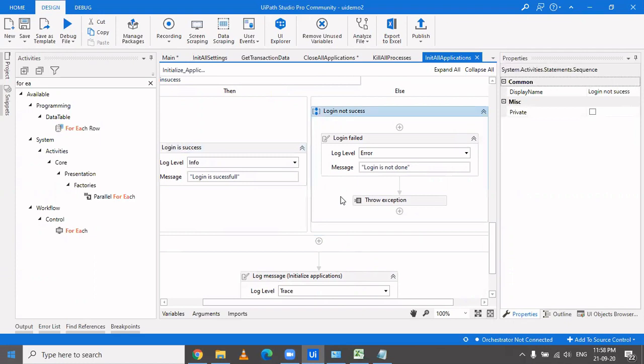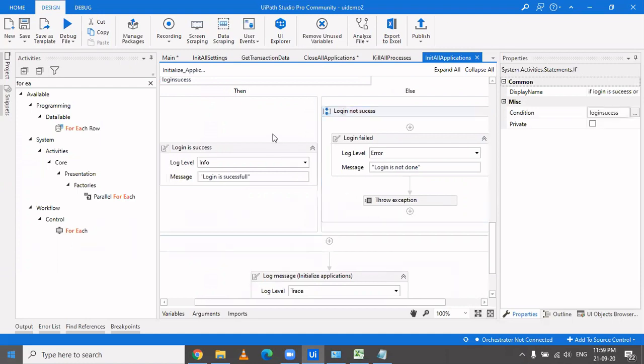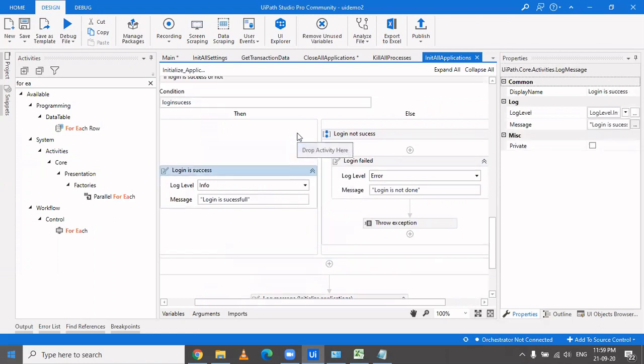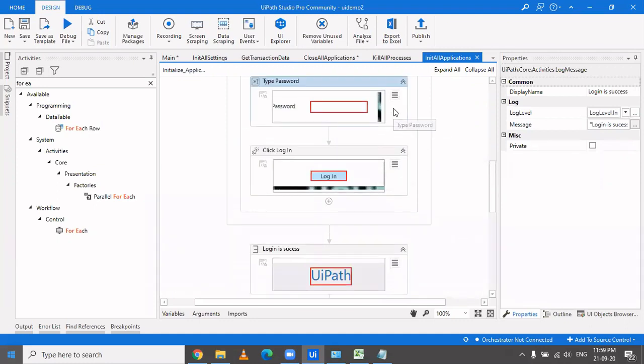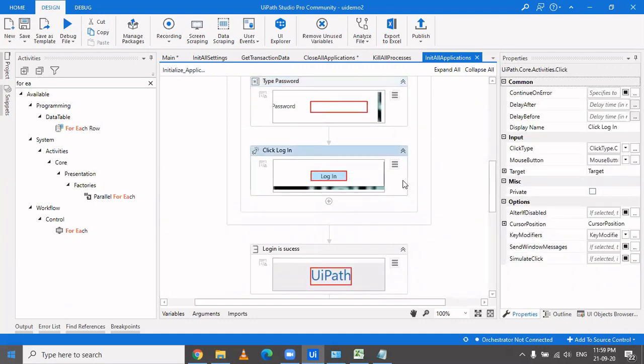Okay, many times what happens is you are providing the correct user ID or password, but what if the password has expired? There are a lot of systems in which the password gets expired. Then, according to you, you are providing the right password, but according to the system it has already expired and you need to change it. So you won't be able to log in, and how will you get to know that you haven't logged in? So this is a very common business exception which you need to handle. So you have to check whether it has been logged in or not. Also, there are a lot of scenarios where you have entered the ID and password, or maybe you're not able to enter it because that system is down.